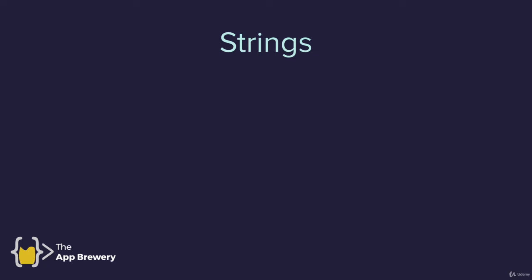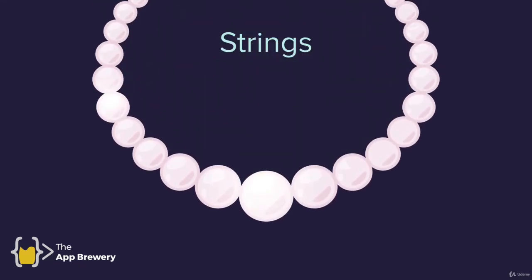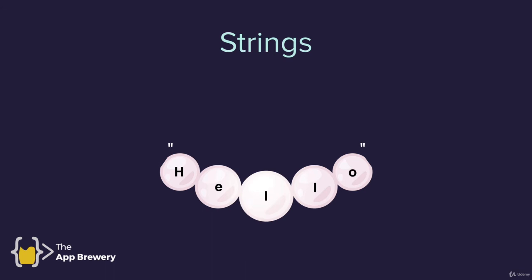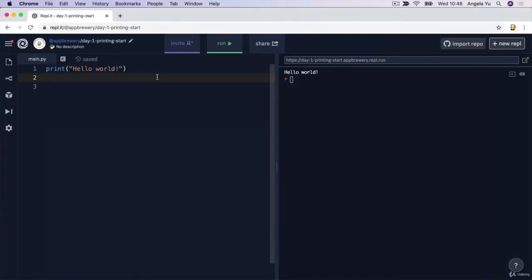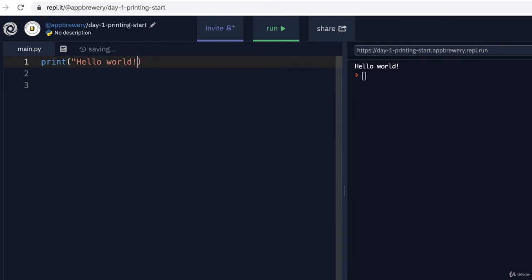And these pieces of text in programming lingo are known as strings. You can imagine it as almost like a pearl necklace, right? It's a string of characters. And what the double quotes do is they basically show the beginning and the end of that string of characters. So that means you have to be really careful when you're typing. For example, if I go ahead and miss out the closing double quote, well, now you can see that